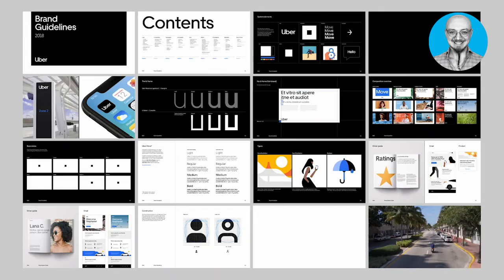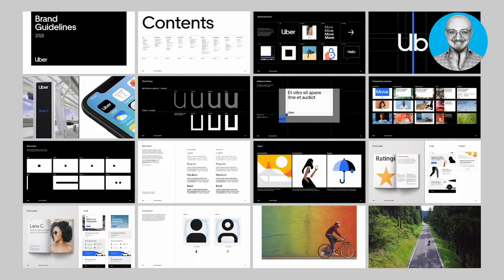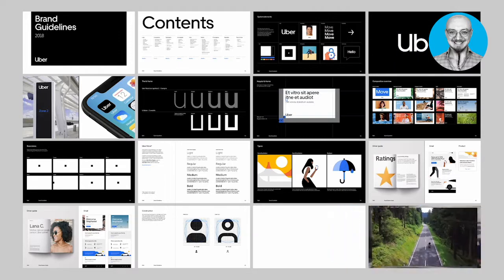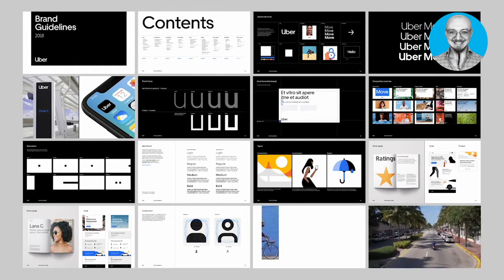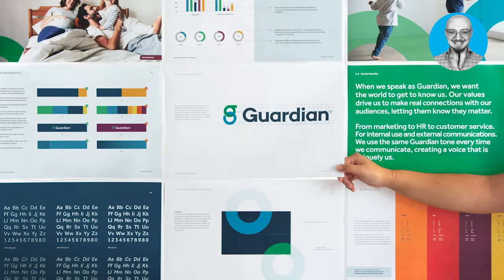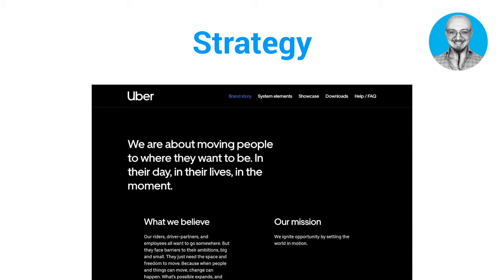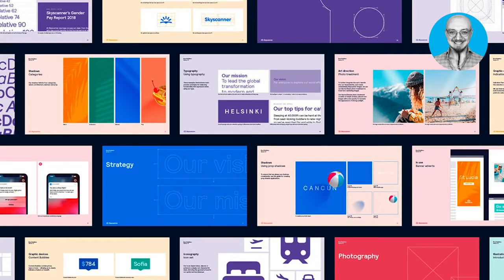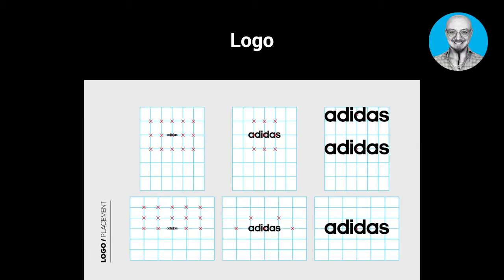And as the company grows, this document will help you to ensure that your brand looks and feels consistent across the board. And at the heart of your guideline is what we call the special sauce, the stuff that makes you uniquely you. Your target audience, mission statement, and brand personality should be there. These elements should be outlined at the beginning of your document so that people within your organization can make decisions that are on brand.